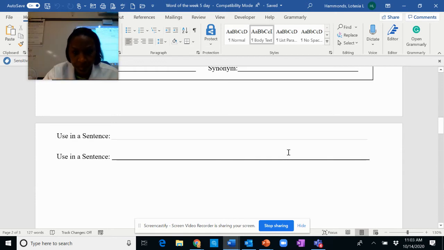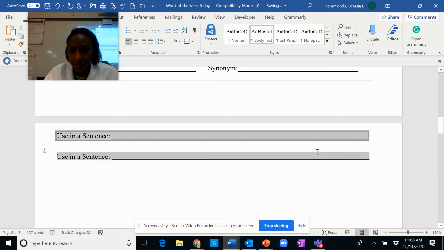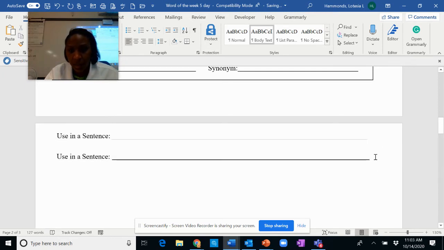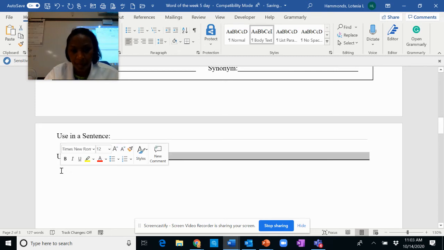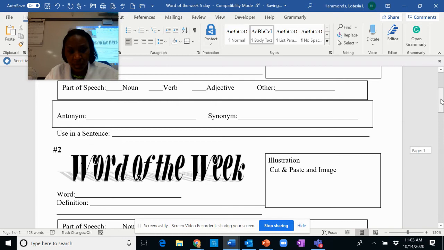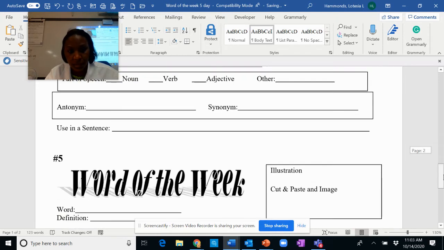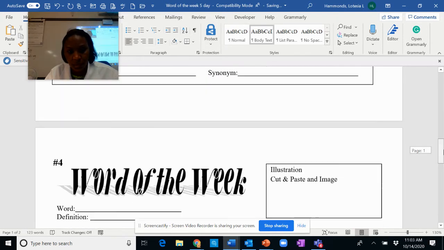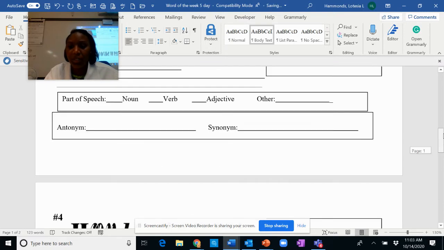It's the only thing when you take a PDF and you make it a Word document, sometimes it just doesn't translate as well as you like. So I might have lost my use it in a sentence. We'll work it out. All right, so this is the document.